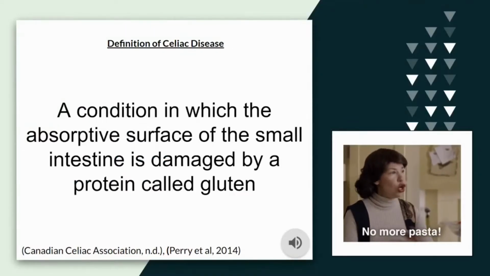Celiac disease is a chronic autoimmune disorder where the surface of the small intestine is damaged by a protein called gluten. Celiac disease is characterized as a malabsorption syndrome, more specifically as an absorptive defect of the gastrointestinal tract. This means that the intestinal mucosal transport system is impaired due to a primary defect. In the case of celiac disease, the primary defect is the inappropriate immune response by the body to ingested gluten